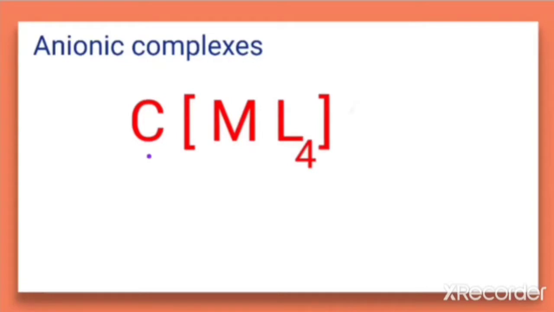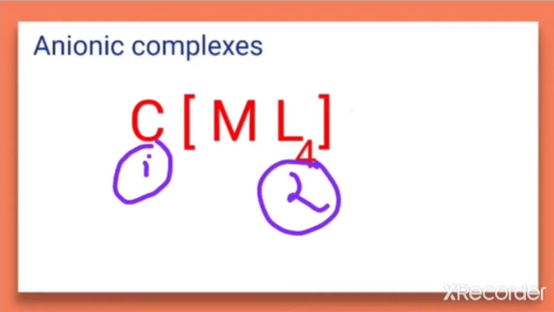So what is the order? First we have to name the cation. The number of cations is not written here. Just we have to name that cation. Then we have to name the ligand, and the number of ligand should be specified, that is with the prefix mono, di, tri, tetra, etc. And if it is more than one ligand, we have to follow the alphabetic order. Then we have to name